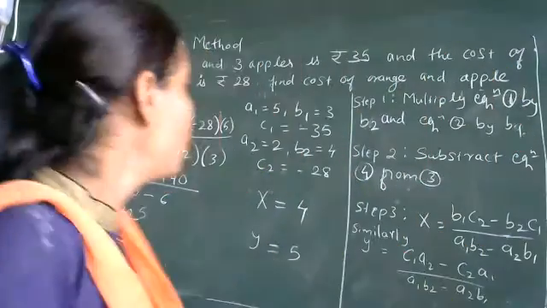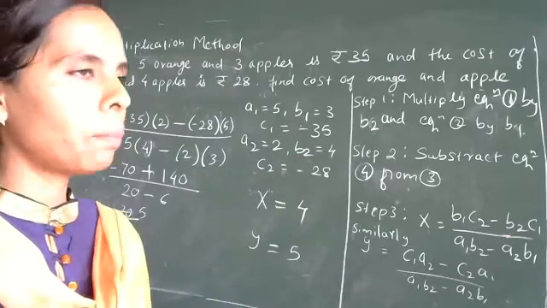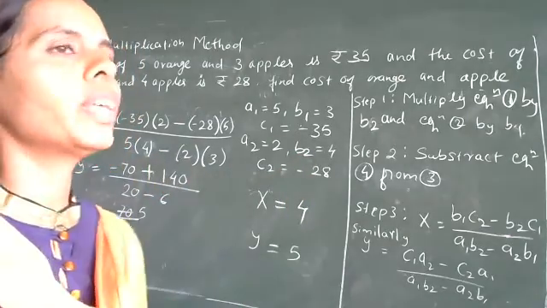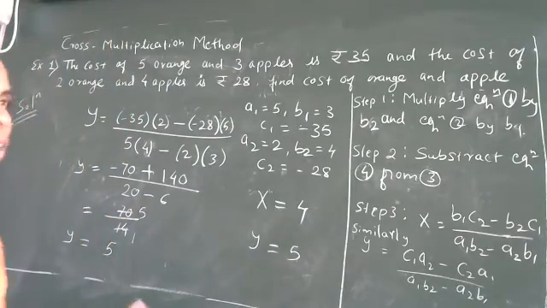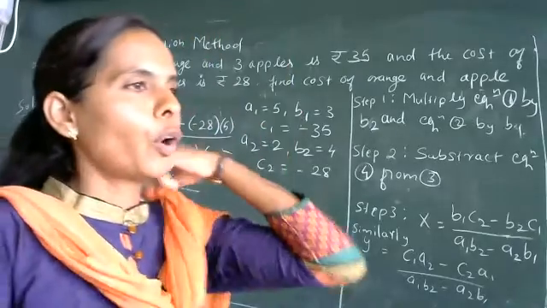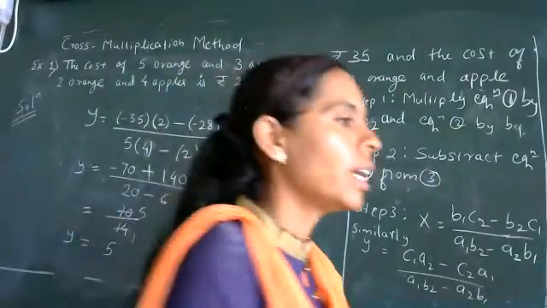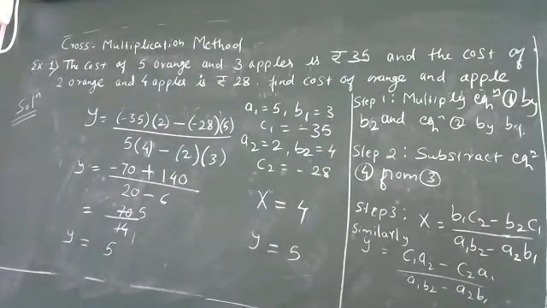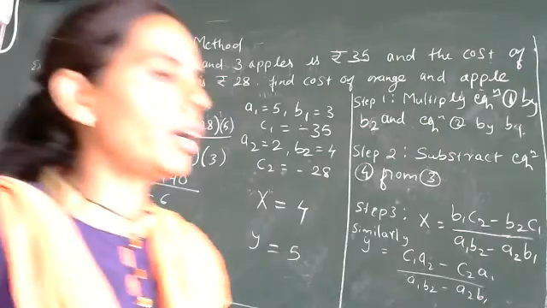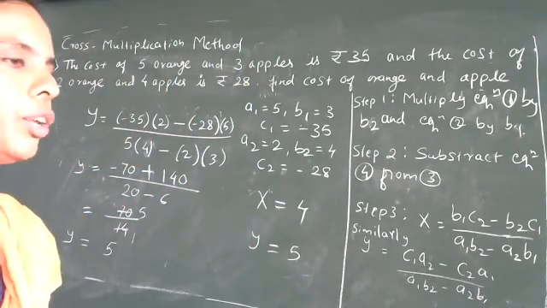Whenever they ask to find the answer for the example with a particular method, you have to follow that method only. Otherwise, if you just find answers, you can use any of the methods, okay? And whatever graphical questions are there in the geometrical method, you have to solve that exercise in the graph book, okay? Yes? Okay, use the graph book for the graphical method, because you will need to draw a graph, and while plotting the graph, at the corner you have to mention the unit, that is 1 centimeter is equal to 1 unit, okay?